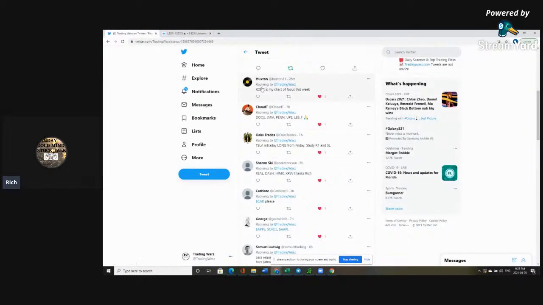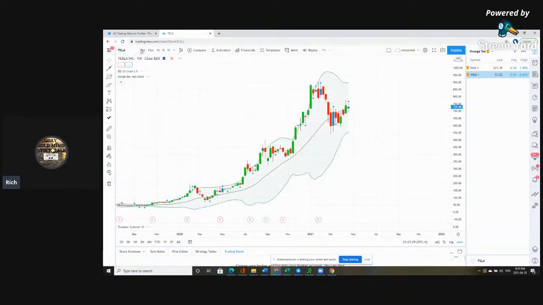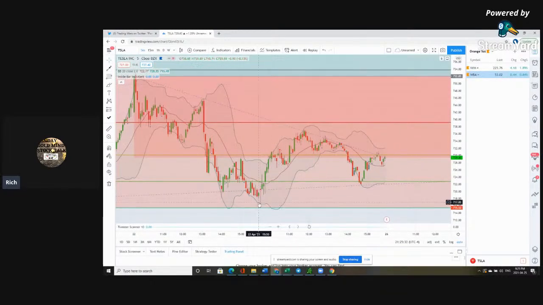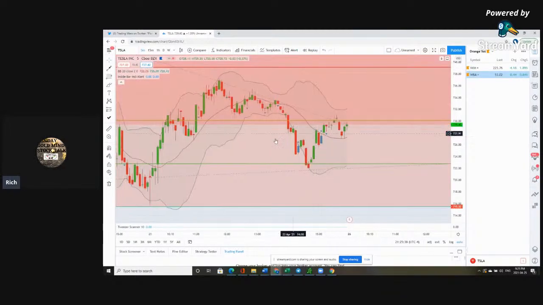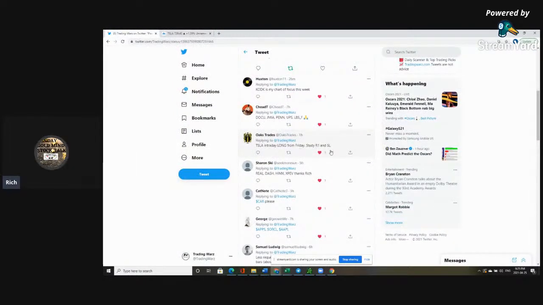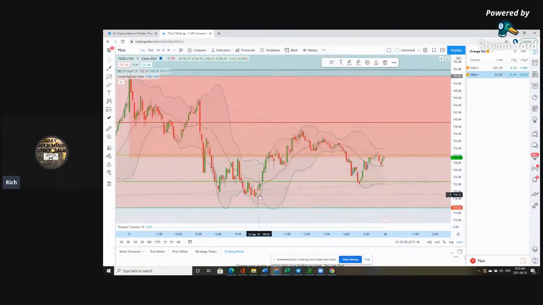Tesla intraday long from Friday. Okay, so this is a day trade request. So let's look at that. Okay. All right. So this is a day trade request for Tesla. I guess Tesla intraday long from Friday. Study R1 and SL. I'm not sure what that means, but what I can see here with Tesla is, this